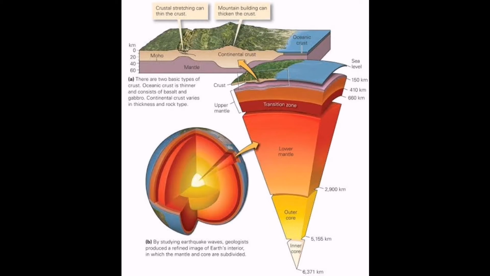We saw that crust is further divided into two parts, continental crust and oceanic crust. Now children, we also discussed that the continental crust consists of silica and aluminium and the oceanic crust consists of silica and magnesium, so they are also named as Sial and Sima.